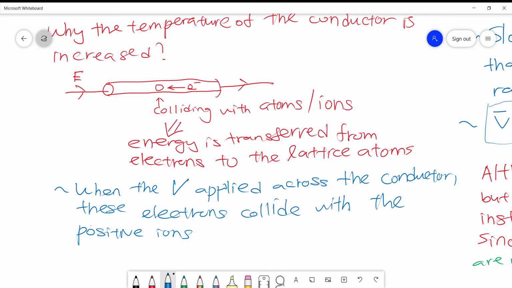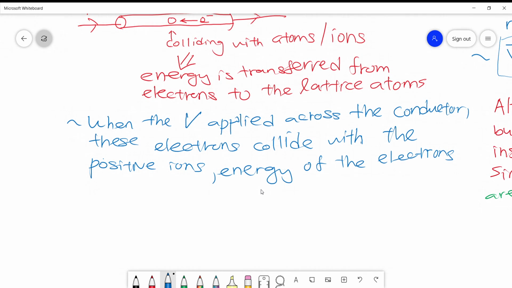The energy of the electrons, these are our keywords, is transferred. As I said just now, the energy is transferred from the electrons to the lattice atoms, the positive ions,